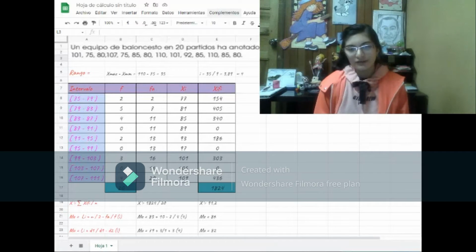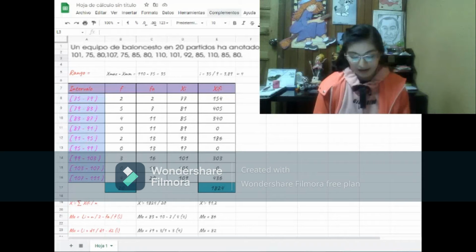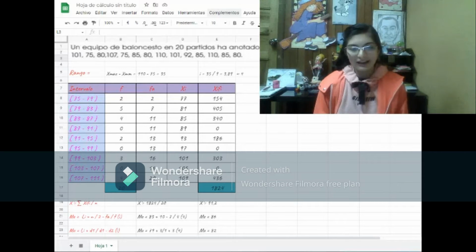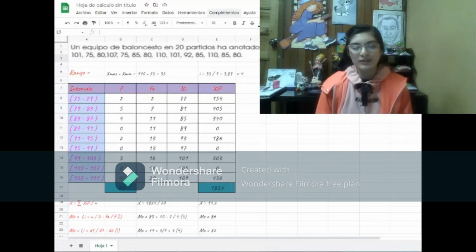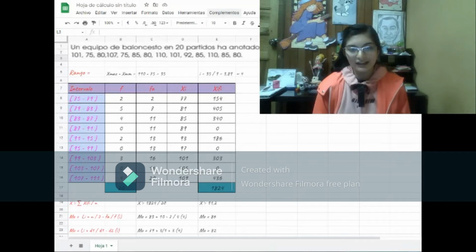And the sum of everything is going to be 1080.24. So for the arithmetic average, we use a formula that is the summation of xi multiplied by fi,